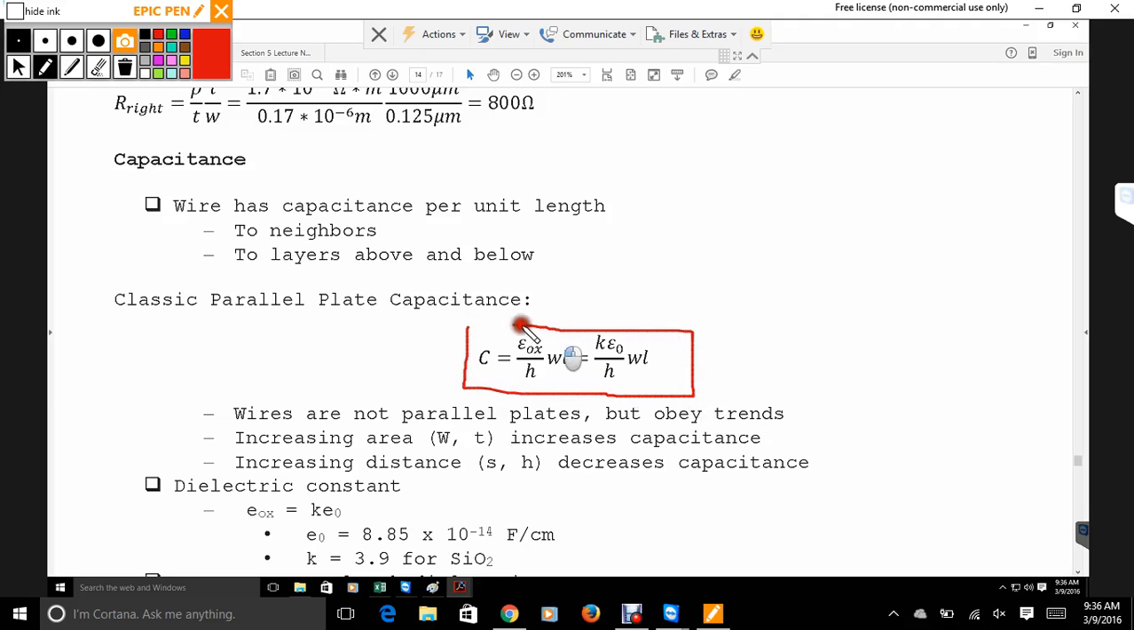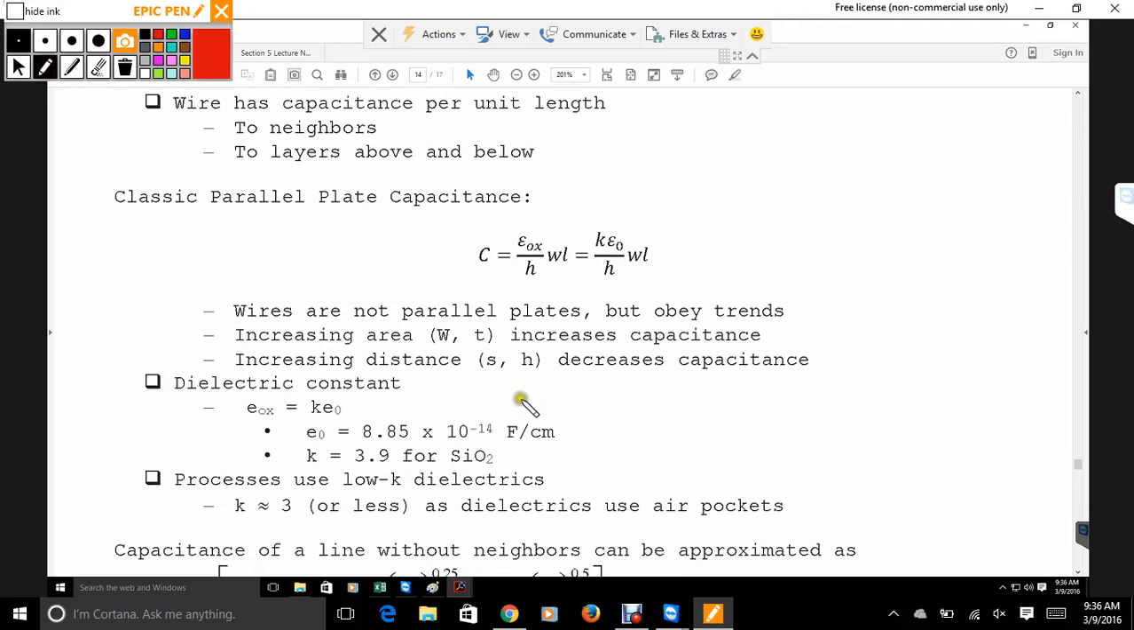So we use this equation here. The permittivity of the oxide is equal to K times the permittivity of free space. If we recall, that number is 8.85 times 10 to the negative 14, and you have to multiply that by 3.9 for silicon dioxide. Now you're going to see this term a lot, especially when you start talking in Cadence about low K. So what's actually going on there is, let's see if I can